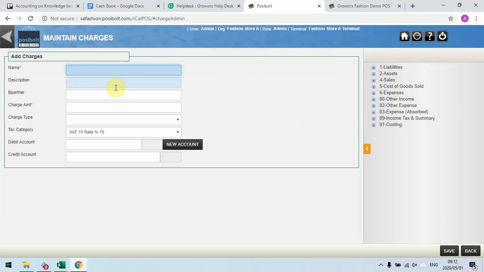In here you put in the name of the charge, let's say fuel, description, fuel money, or say disbursement. You can put in the business partner, and then the charge amount, you can say 500 rands,